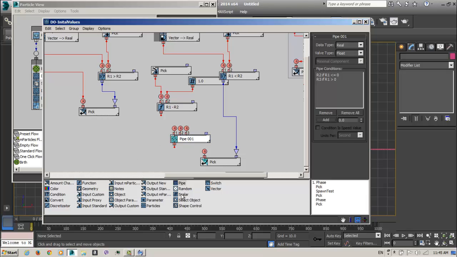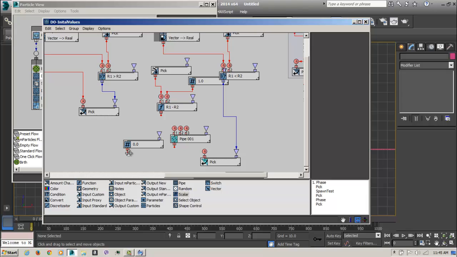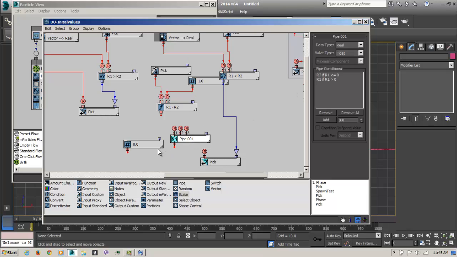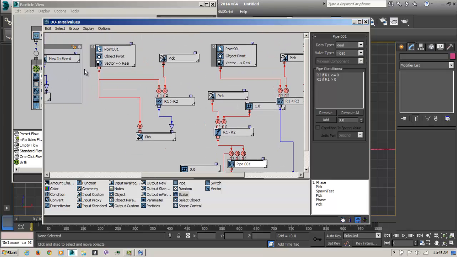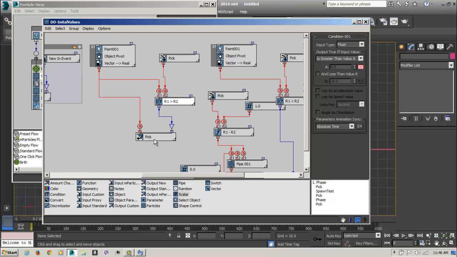So I create another scalar here. Don't be confused, I will explain all of this. So make it R2, this will be R2, this come here, and this come here, and this come here. So what we want to say here is this: we will get the position, the z position. If the current z position is greater than the current peak, so the peak number will be this one, okay?